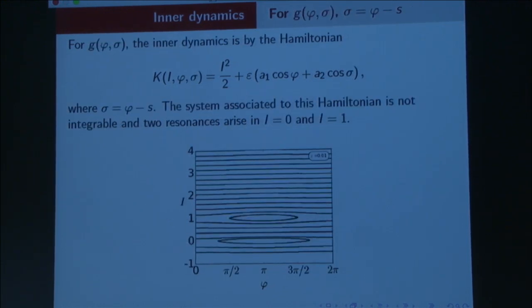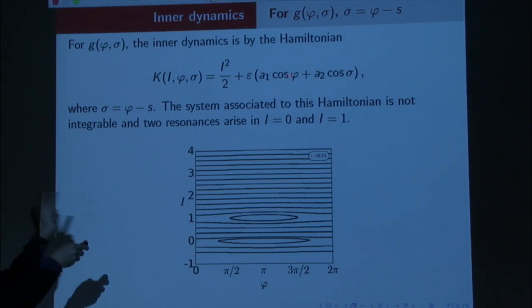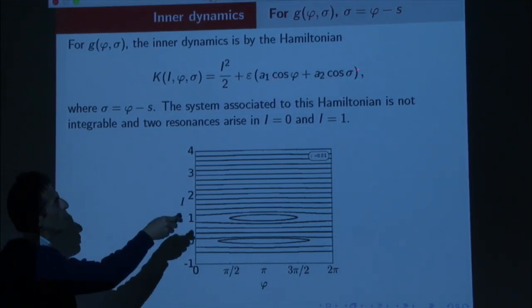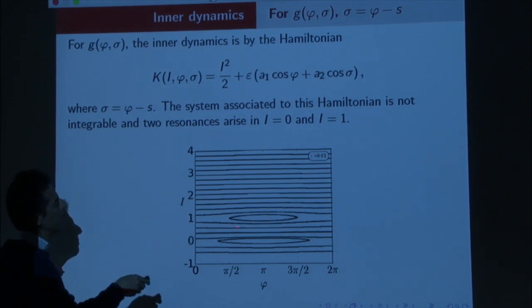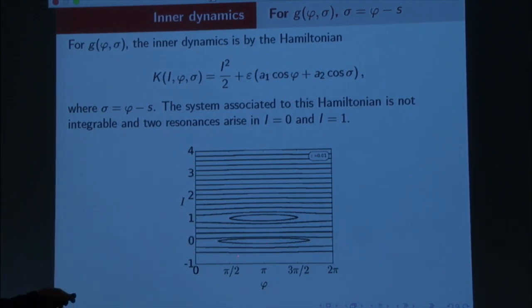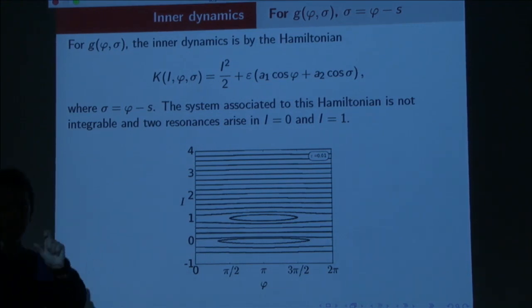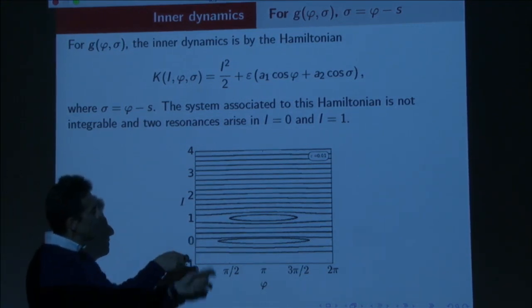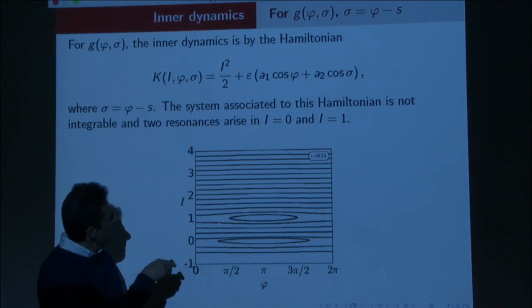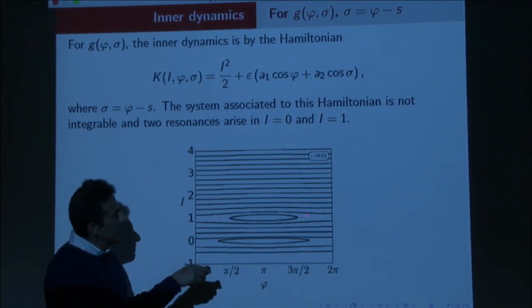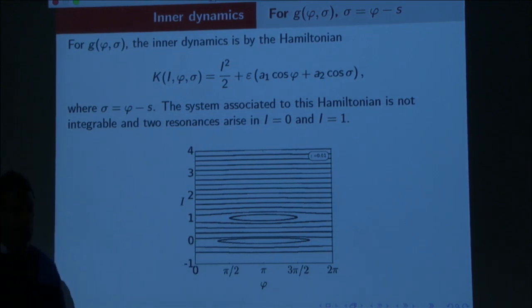In the other case, it is a true Hamiltonian. Recall that the sigma that appears here will be phi minus S. This is a true Hamiltonian of 1.5 degrees of freedom, and because of this, as it is a true one, if we have two harmonics, there appear only two resonances of first order, which are the ones that you see clearly here. But there are also others that appear of order epsilon squared, etc., in the middle. In the middle there are some chaotic regions that, by the way, are exponentially small, and